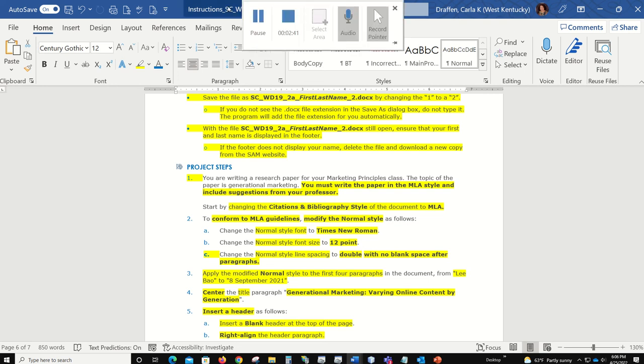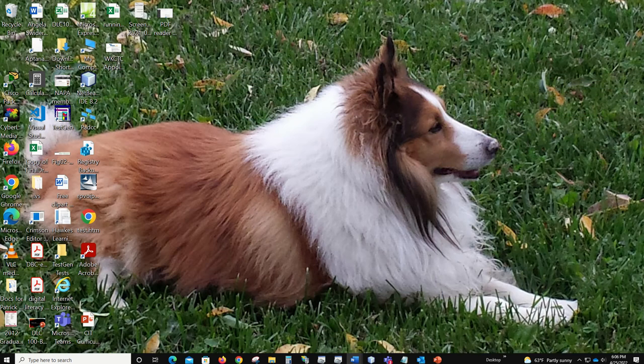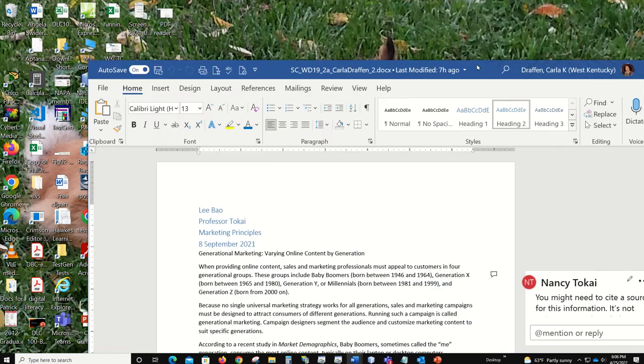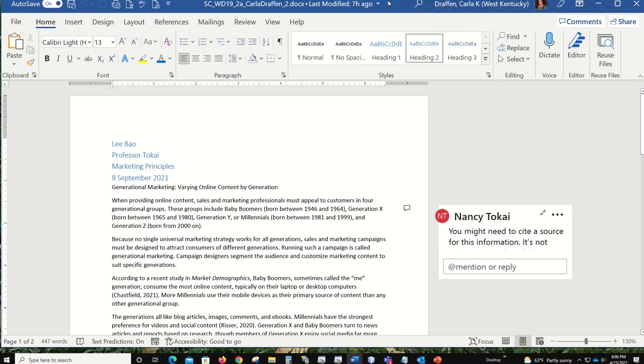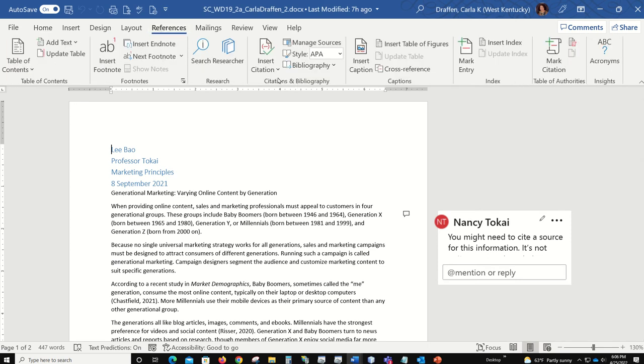And I'm just going to switch the documents, so bear with me. See if we can get that to pop into place. Okay. So first and foremost, we must change the citation. So we want to go to references and citations and bibliography. You'll notice the style is the